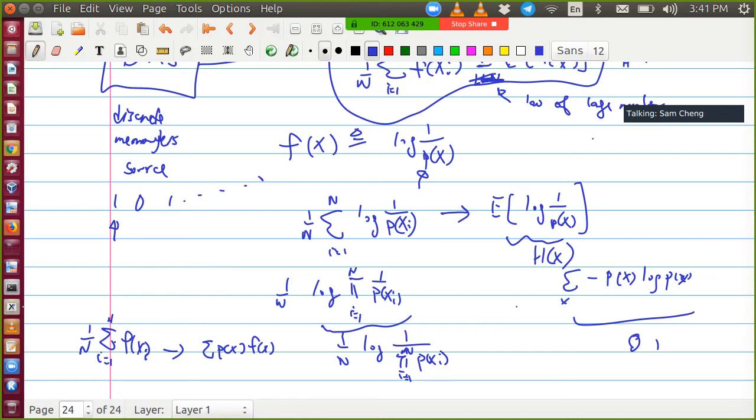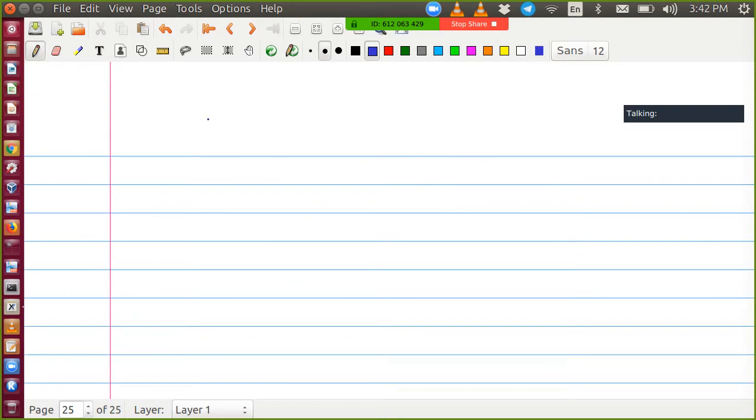But this is really logical if you think of that. What you're doing here, when you're jumping from here to here, is you actually try to estimate the distribution of p(x) from this one here. For example, let's say I'm just rolling a die here.